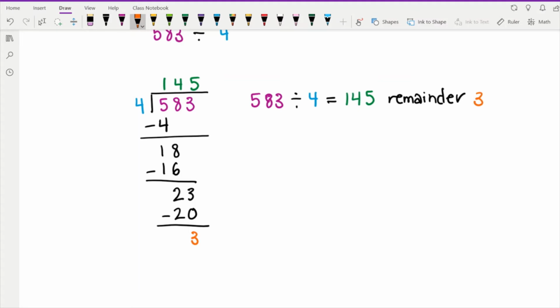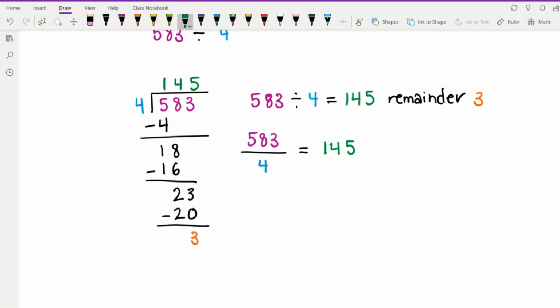But that's not the most descriptive way of writing that. You kind of get a sense of what the remainder is telling you, but a nicer way of writing this would be the following. You instead could say that 583 divided by 4, and there's another way of writing that which might even be nicer. Instead of writing the division symbol, you could write it as a fraction, 583 over 4, and then say that is equal to